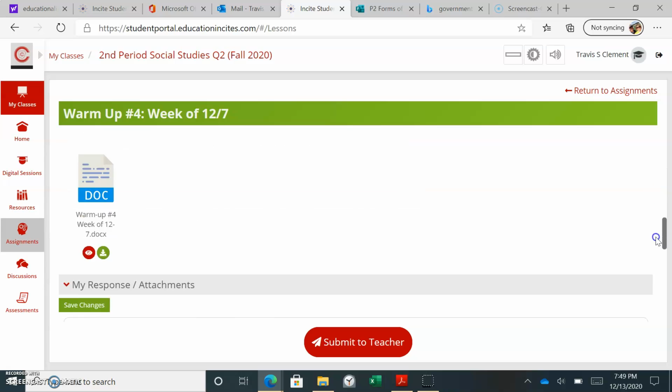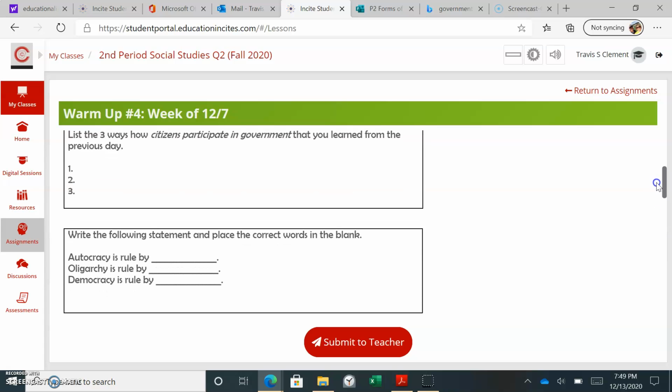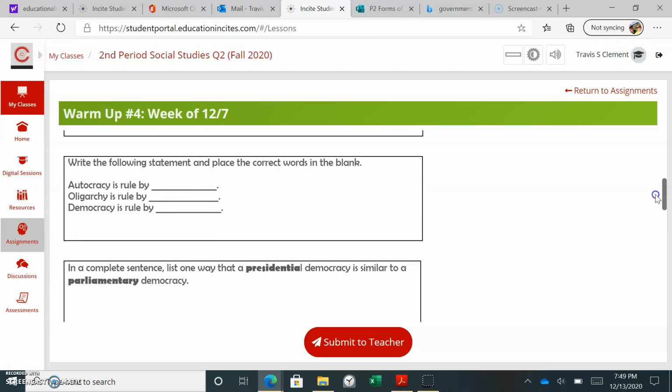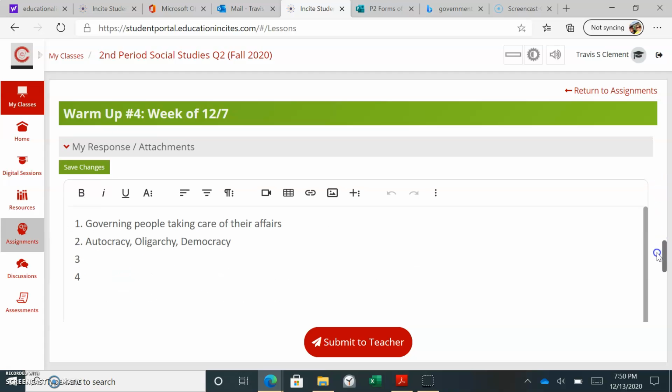We have to scroll down. The question was, write the following statement and place the correct words in the blank. Autocracy is ruled by, oligarchy is ruled by, and democracy is ruled by. So autocracy is ruled by one. Oligarchy is ruled by some, and democracy is ruled by